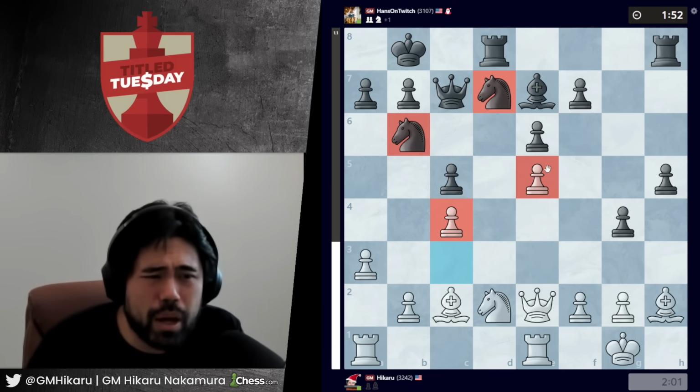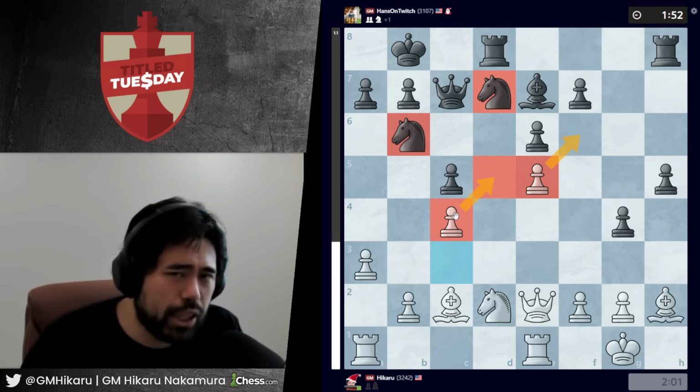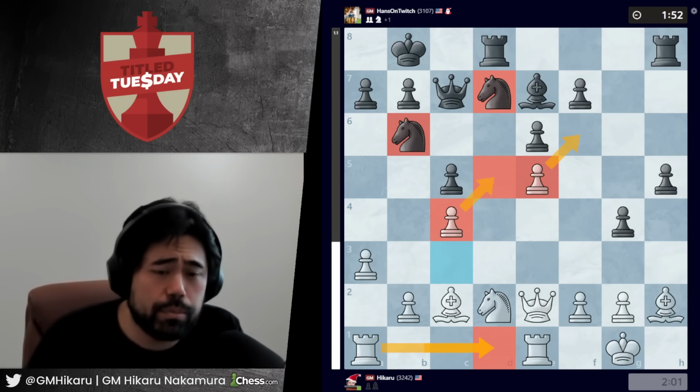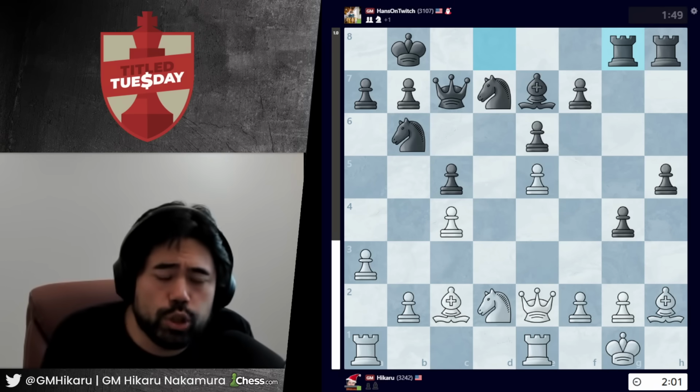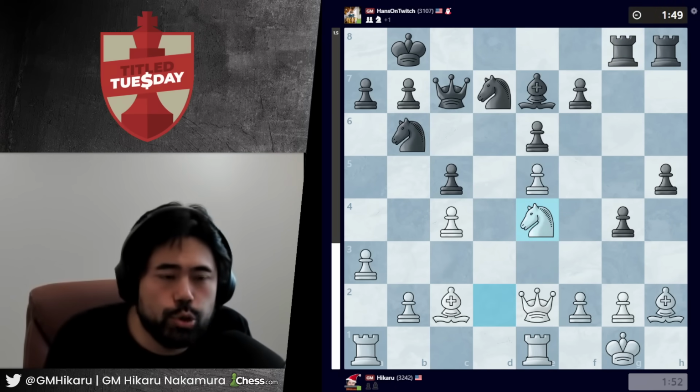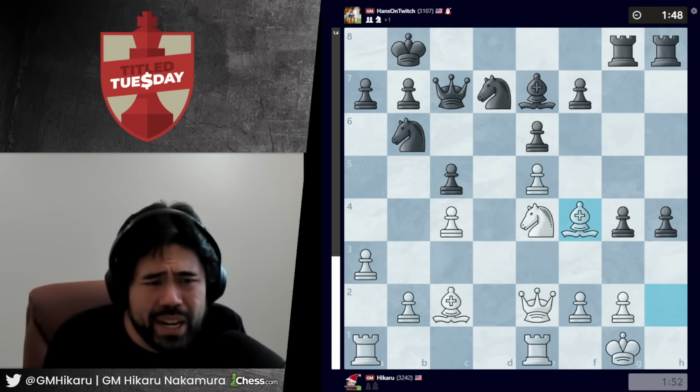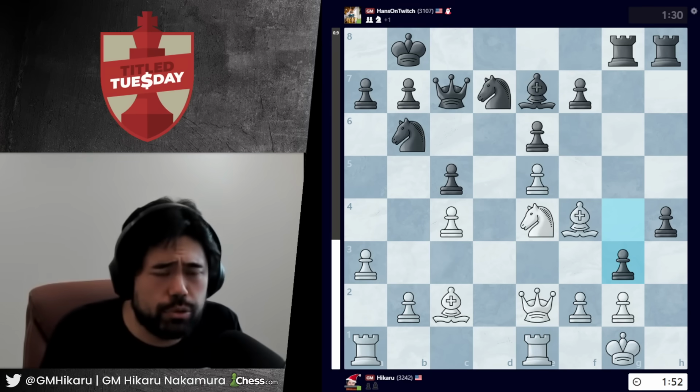So with these knights being boxed out by the pawns temporarily, if I can hold the knights in place just long enough, maybe I can bring the rook to the center and get some counterplay. So Hans plays the move rook d to g8, and now I play this move knight to e4. Hans goes h4, and I play this move bishop f4, and here Hans plays the move g3, which is not